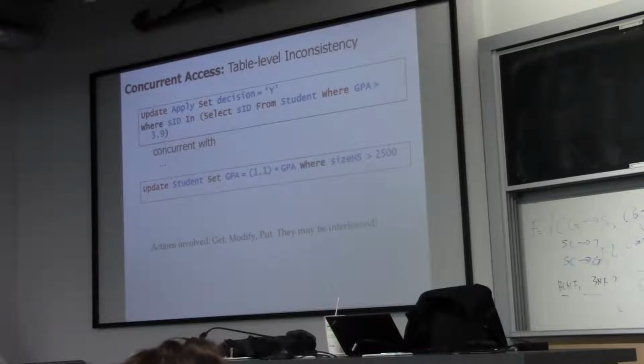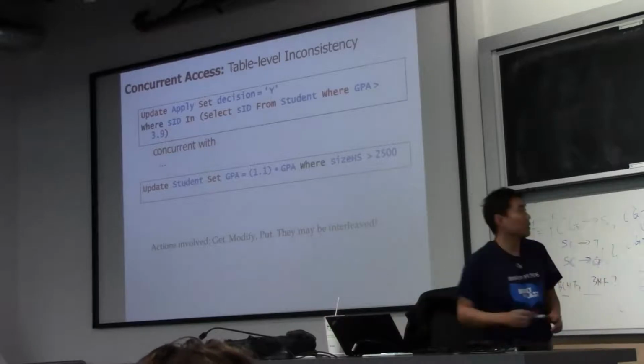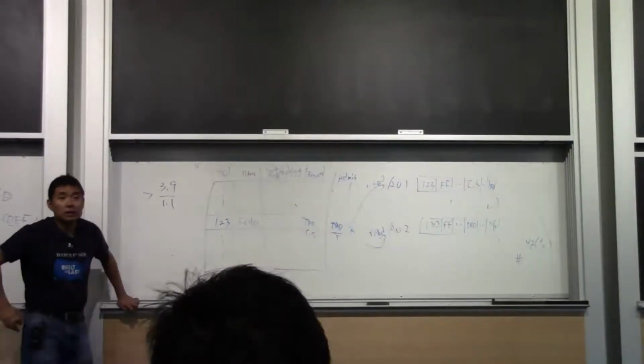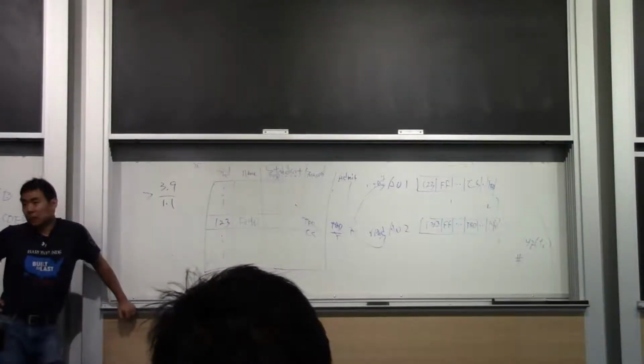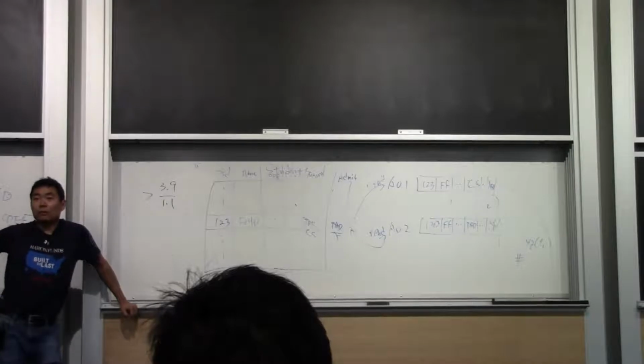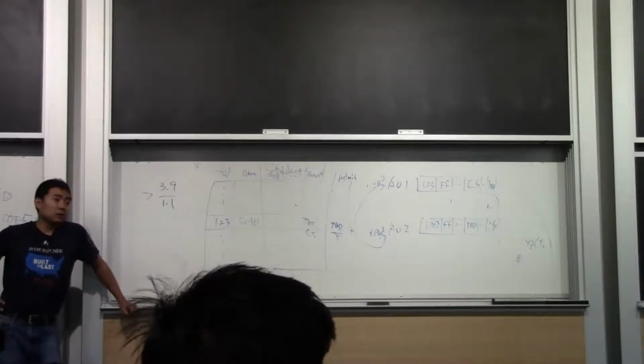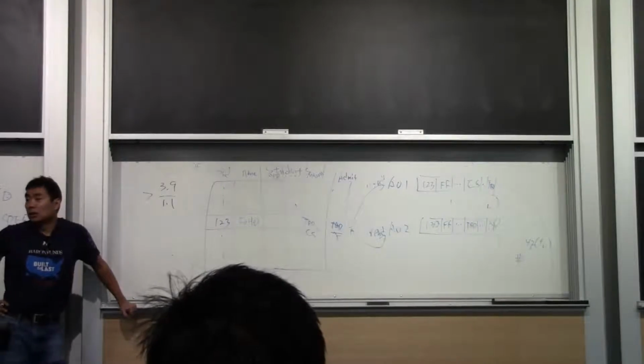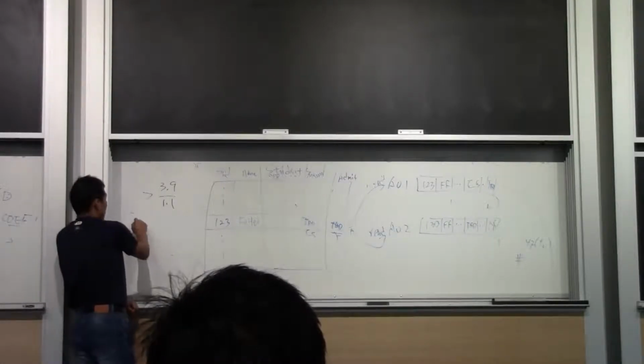A student with less than 3.9 GPA from a high school of more than 2,500 students, if his or her GPA is above 3.9 divided by this, he or she should be admitted. But when you execute both of them at the same time, this person may lose out on this opportunity. First condition is when size